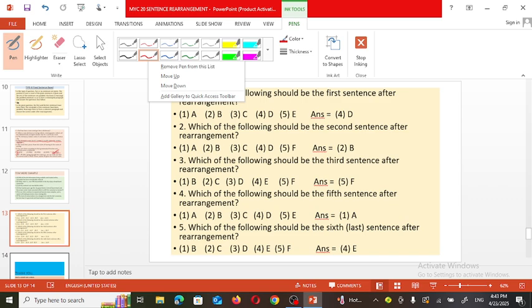So the A option is not at all considered over here. So like that it can be. When it is not considered, they have not considered option A for the third sentence. So definitely while rearranging, option A won't be at the third place. And E is not there for the second place, and F won't be there for the first place.